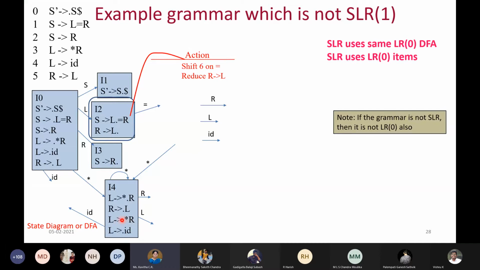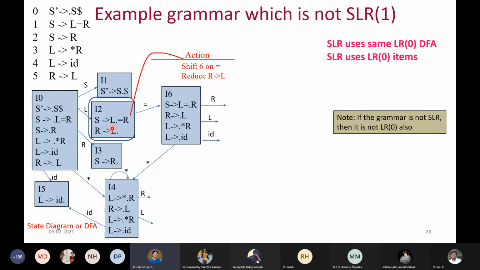So after expanding once again, you may feel that anything is repeated or not. You don't have to have duplicates, but also take care that everything is covered. So this is covered now. So that is state number 4, I4, and then we are left only with this particular rule. And when you read ID, it gives this. Let us call it I5. Coming to this particular thing, you don't have something to read and continue, because this is only to make the accept state. Action will definitely be accept for I1.